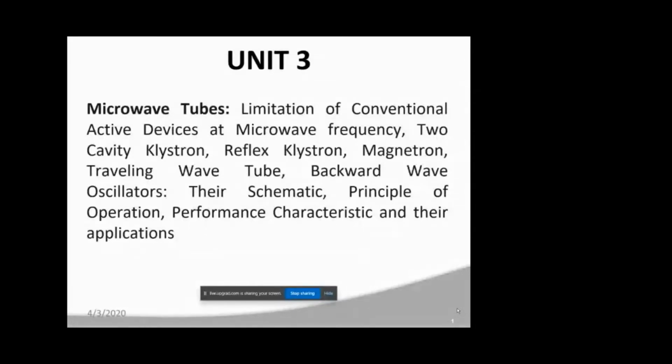Now first, in your mind, what is the need of microwave tubes? As an amplifier or an oscillator, we need some devices that can be used at microwave frequencies. Normally we are using the transistor, and simply we can see that it works at lower frequencies. But there are certain limitations. We can use these vacuum tubes or transistors as an amplifier or oscillator at microwave frequencies. So for this, we have to study different kinds of tubes that can be used in the various microwave applications.